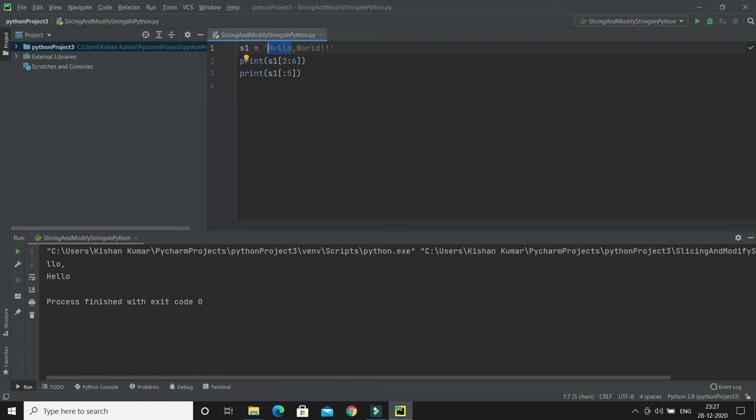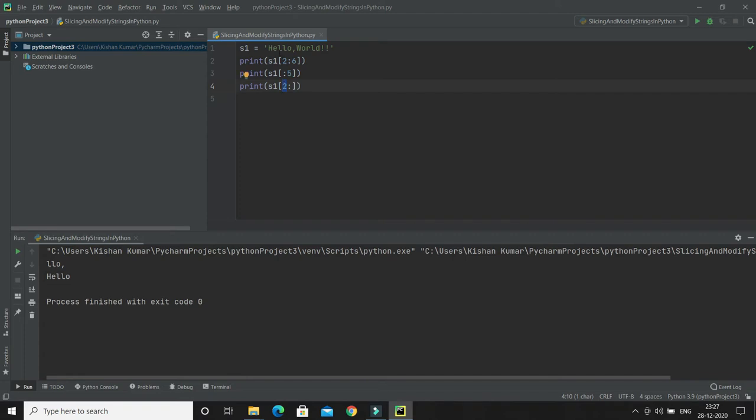Now, how to slice to the end? By leaving out the end index, the range will go to the end. Let's say here I am going to print all the characters starting from the second index till the end. Simply give the start index, but you don't need to specify the last index.